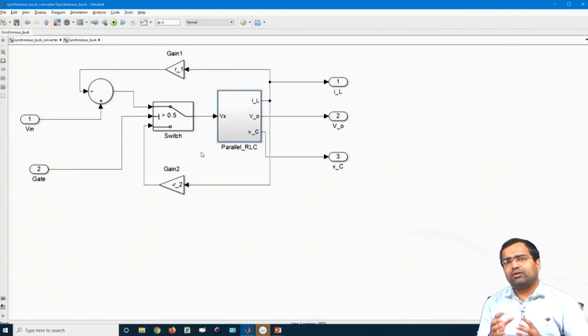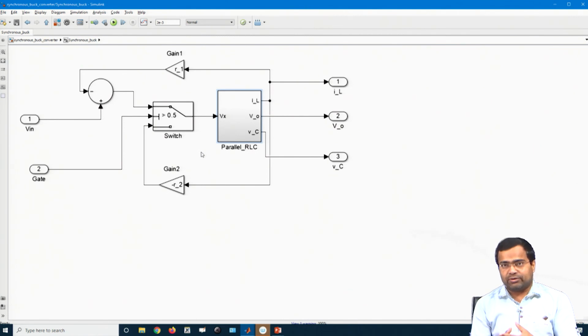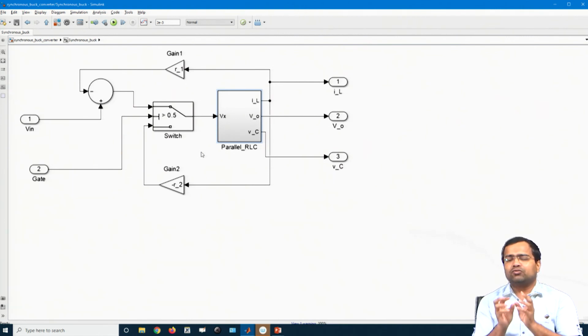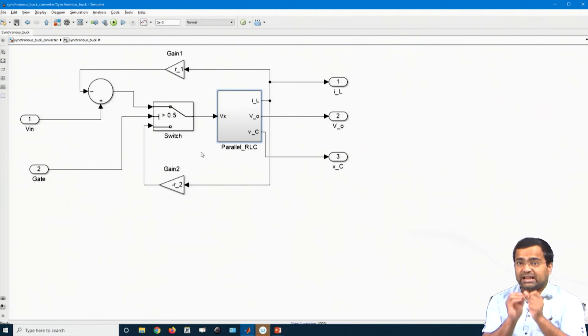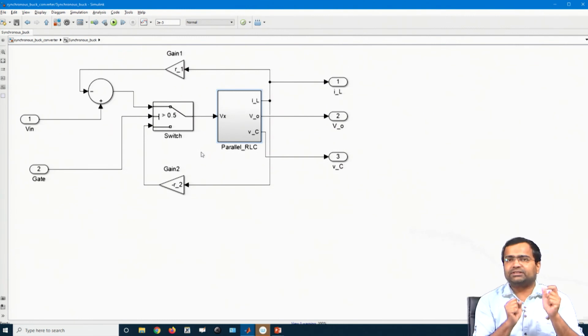In fact, we can also slightly modify this block to create a boost converter. From the future onward, I want to show the building blocks directly rather than developing from scratch, because the last two presentations, this one and the previous, were aimed at showing that we can develop custom building blocks using MATLAB Simulink. Thank you very much.